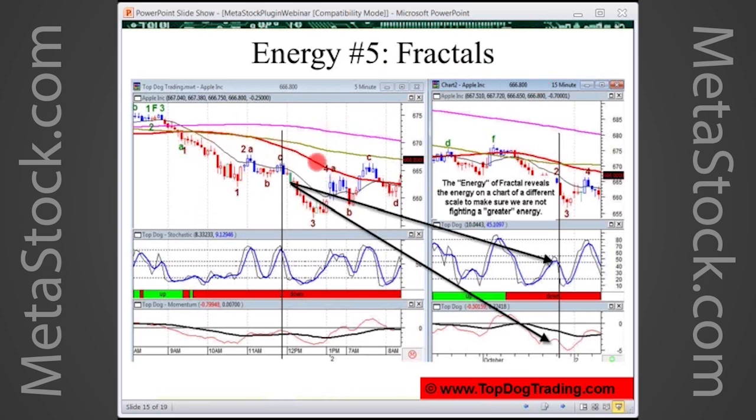The red line is the 50-period simple moving average, by the way, just for those of you who are asking. The black line again is the 15 exponential moving average. This gold line is the 100 simple, and the magenta line is the 200 simple moving average. I use them purely for support resistance, but the 50 I use for support resistance and for trend direction. Now, what do we have here?